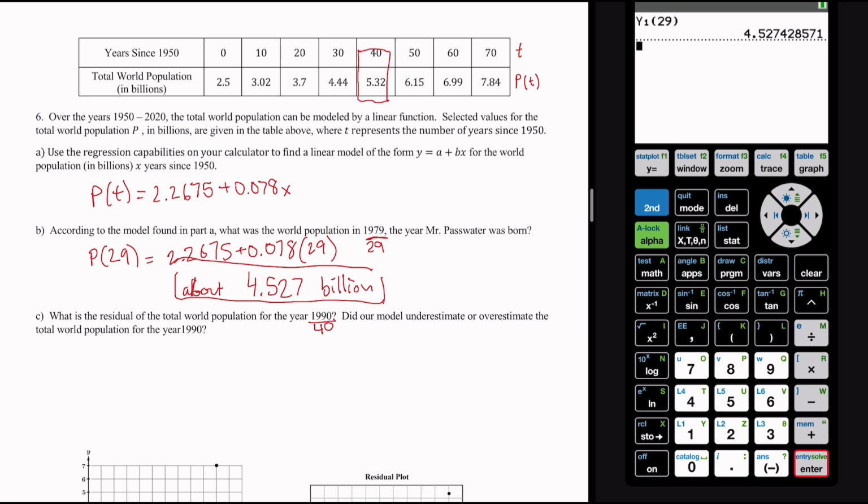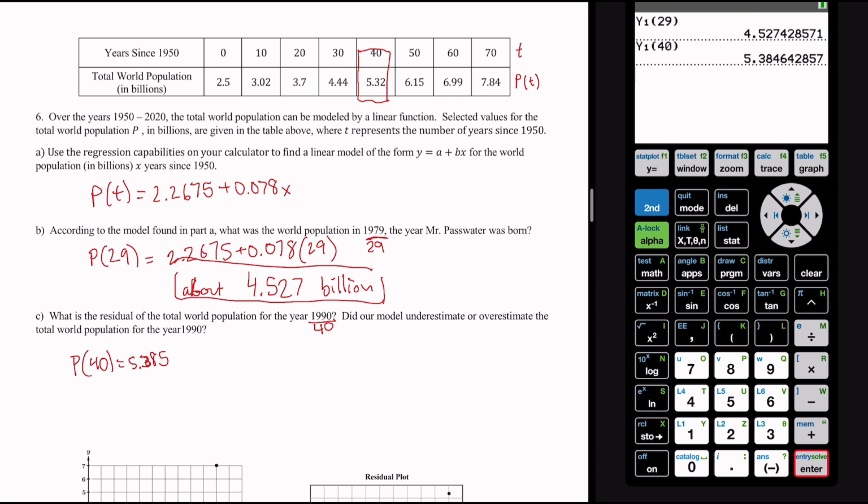This must mean that this right here is the actual value, but we're gonna put it in our calculator here. So alpha trace line 1, and then plug in 40 to find out what our regression model gives us. So click enter there, and we get 5.385. We'll round that there. So p of 40 gives us 5.385, but the actual here is